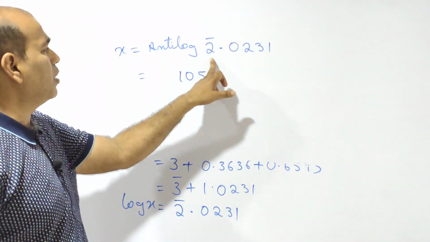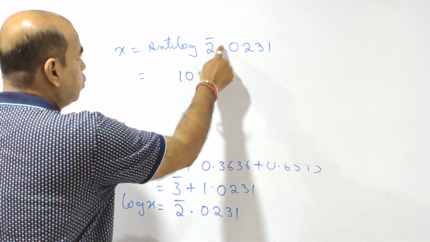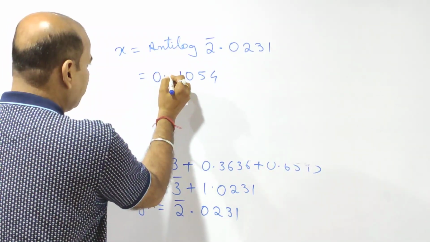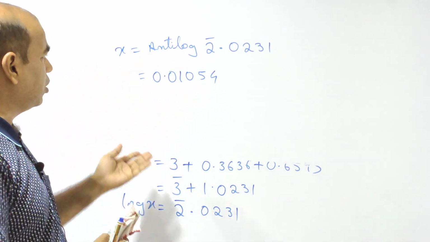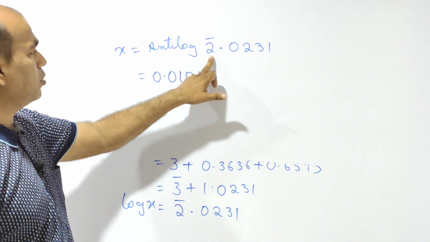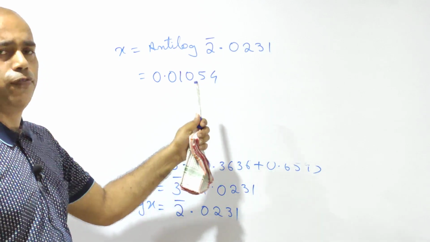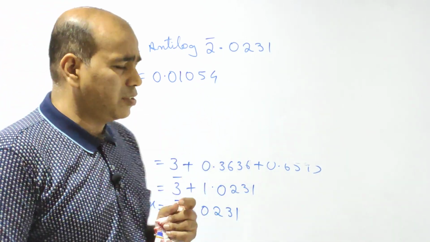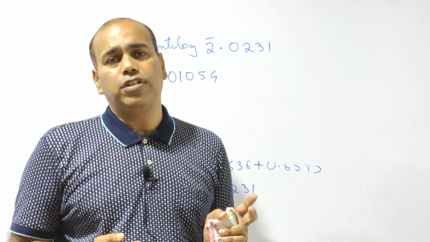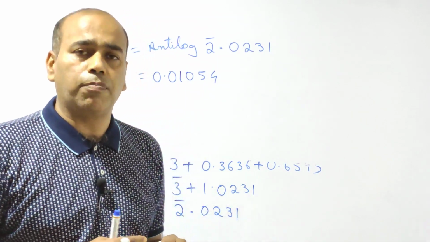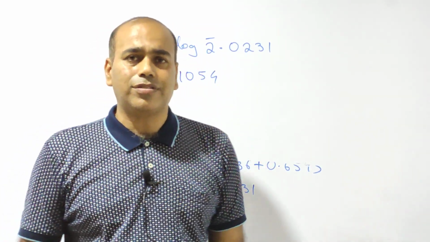Now I need to remove this 2 bar. I already told you about characteristic and mantissa. So what will I do now? 2 bar is 0.0. When I am taking the characteristic, it is 0.0. When I am reversing it, returning it, it is 0.0 because it is 2 bar. So the ultimate answer is 0.01054. I hope so, students, it is very clear how we use the log table for calculation in this mathematical part. Thank you so much, and let's end with logarithmic tables.